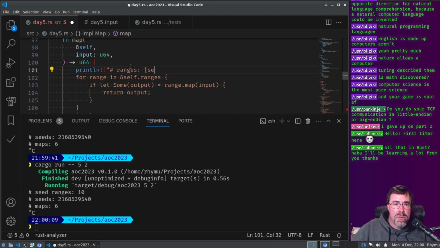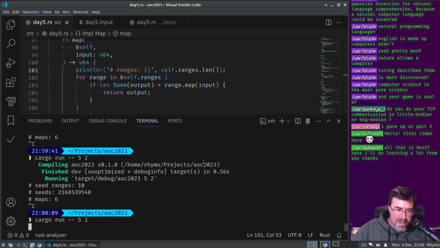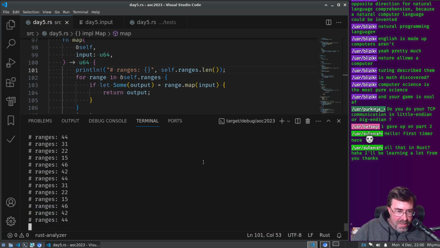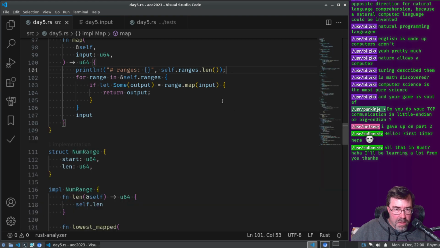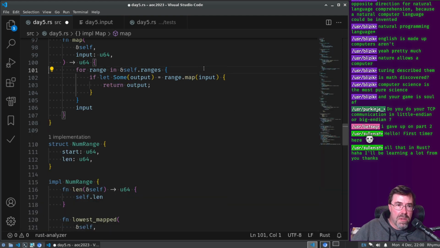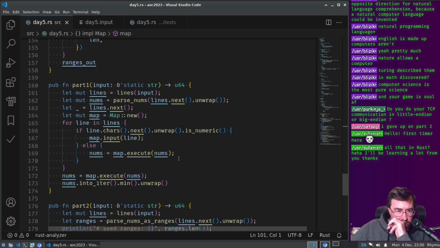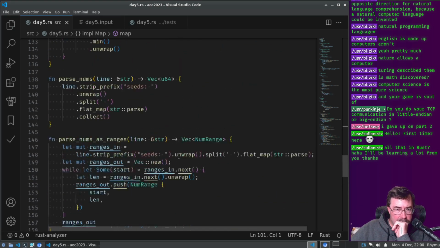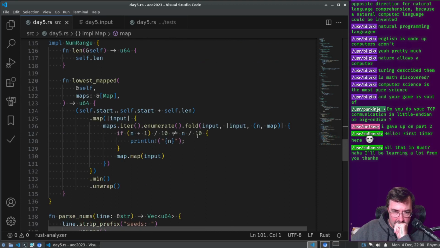Self dot, actually we have to do this: self dot ranges dot length. I wanted to print something. Gosh darn it. Wait a minute. It did way more than 10 that time. It did way more than 10. Is my logic for printing boundaries wrong here? It must be, right?